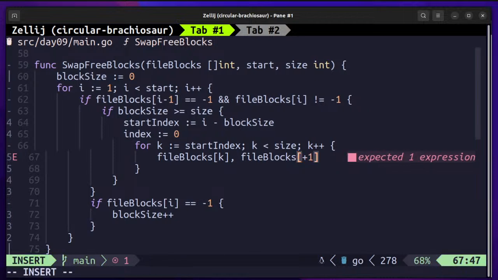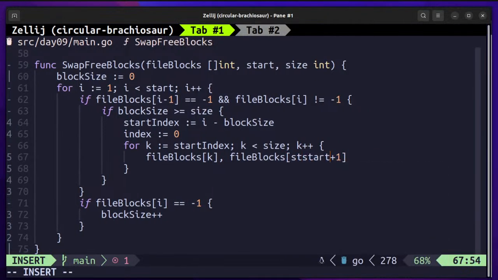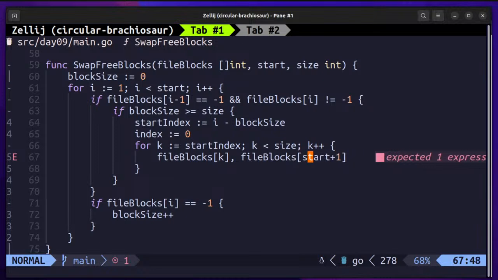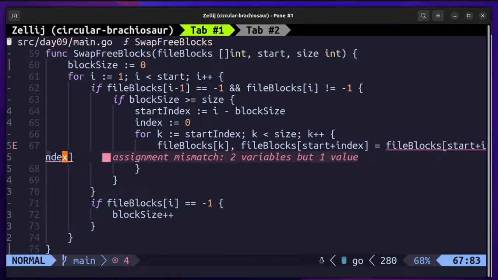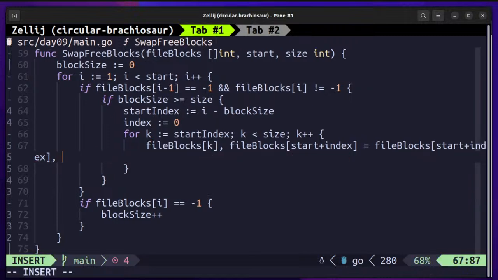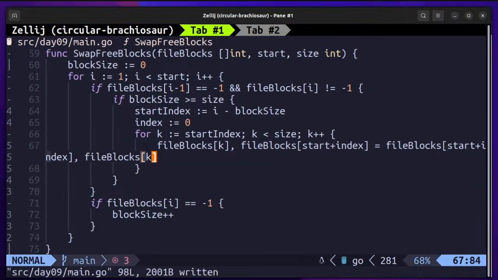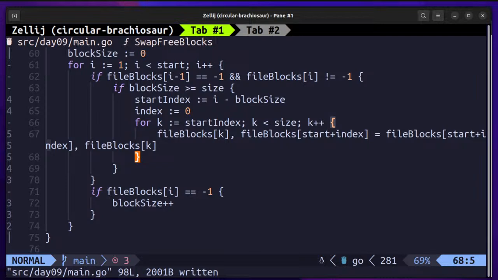So we need to keep that start index by index, and we'll swap this out with this. Okay, so once we have swapped this out,